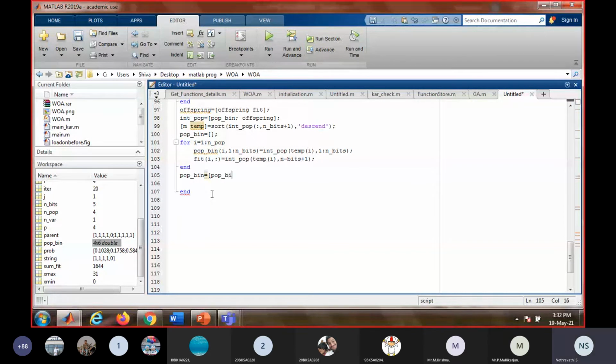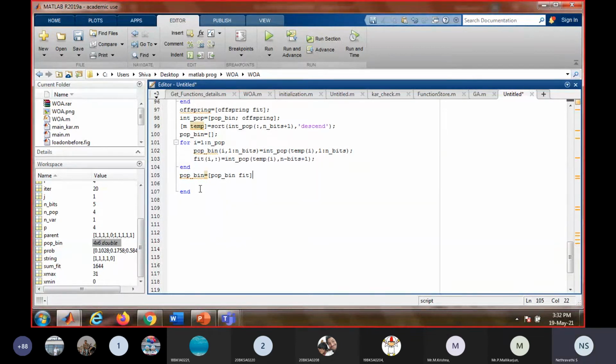This will display all the values, that means all 4 offsprings and the corresponding fitness values after all iterations have been done. It will display for each iteration, and we can check the value at the end of the maximum iteration, when it has reached the maximum iteration.